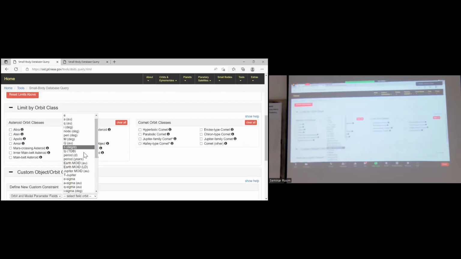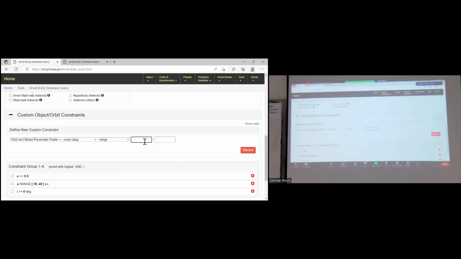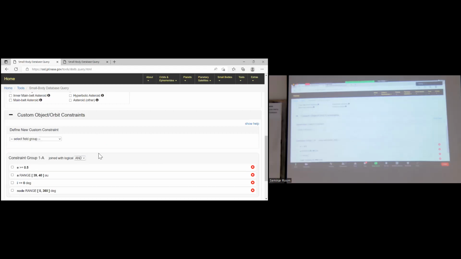Field node, longitude of ascending node. Range from 0 to 360. Add constraint again. Okay. Check.